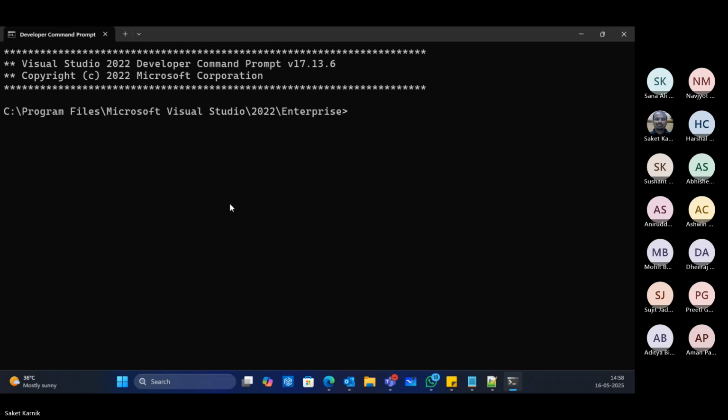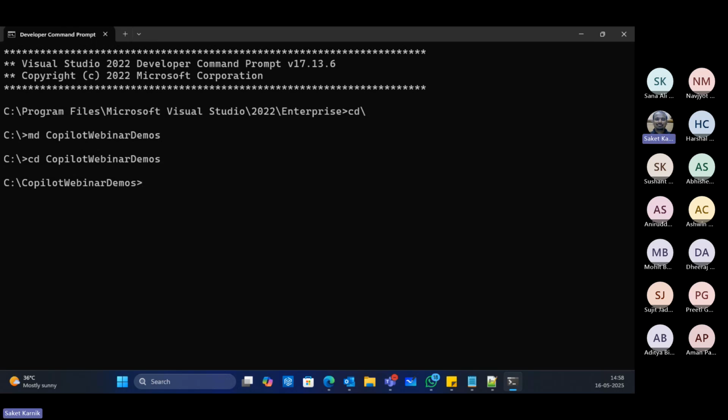Here I change the directory to the C drive root, and here I create another directory, and then I switch to it.